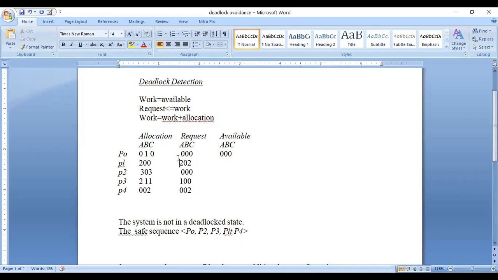If deadlock does not occur, then there is no need to worry. If deadlock occurs, then we go to deadlock detection, where the deadlock will be detected. Is my statement clear?